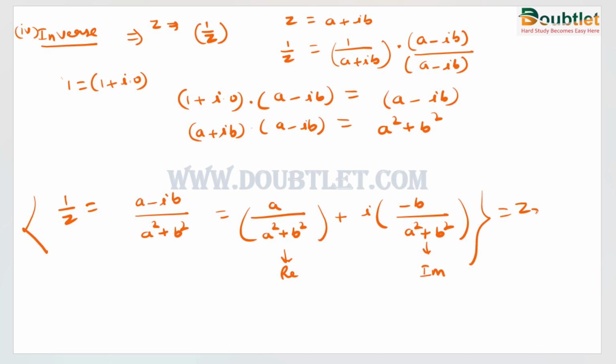So we can write this complex number as Z3 because this is also a complex number. So this is how we have discussed the inverse operation on a complex number. Now the next operation will be how to find the modulus, and I will also tell you the geometric interpretation